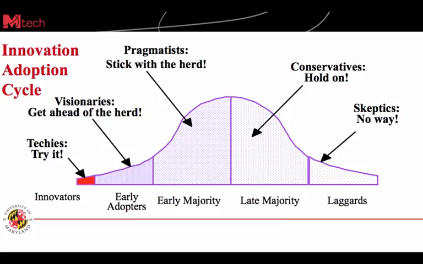So if we look at this figure again, we see that there they are down there on the left-hand side, just 2.5% of what's under that curve, 2.5% of the total marketplace, 2.5% of the people who are going to adopt that innovation. So there are very few people who start out, and they are essentially, we call them the techies, the innovators. They're the people who are out there in the forefront that are adopting that innovation early.